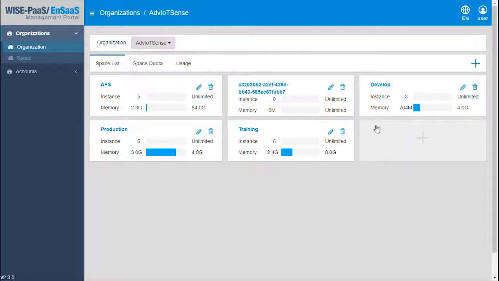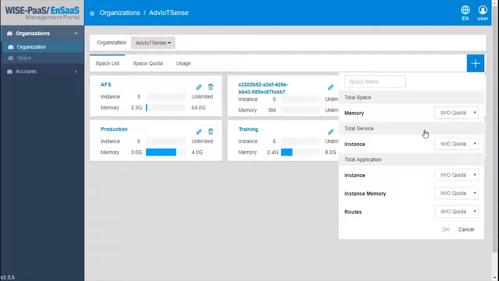Okay, so on this page you can see that we can create more spaces by clicking this big add box or this add icon on the top. Clicking this button, it will ask me to provide a space name. So you can just type test space, and